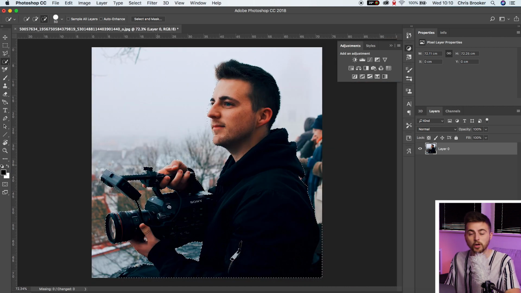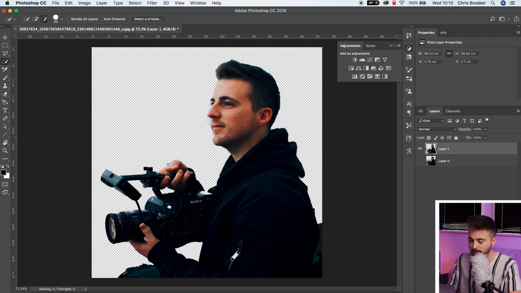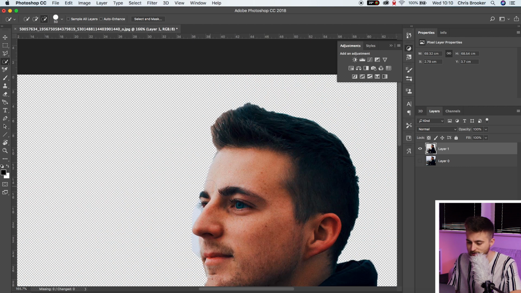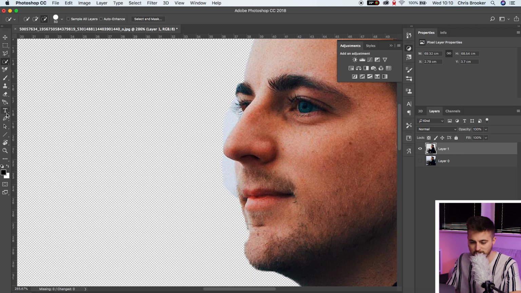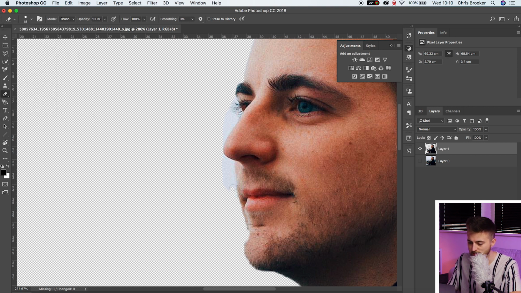And then once you're happy with the look of that, we're just going to hold Command C and Command V, and that is going to paste that into its own layer. Now from here, you can just go in and clean anything up if you need to. So we'll go to the eraser tool. We'll pull the size down to a small number of around 15 and increase the hardness to 100. And then we can just go around and paint any part of the image out that is not